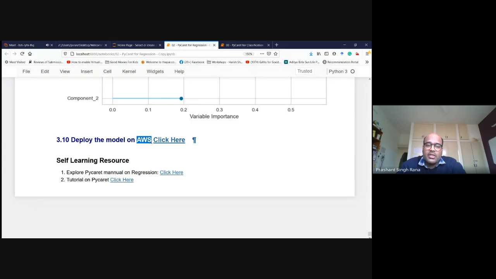So class, AWS is Amazon Web Services. Let's suppose you want to create a web service of your data so that other people can also use that. So this is some manual you can use. But the self-learning resource is very, very important. So just let me give you a brief summary for the